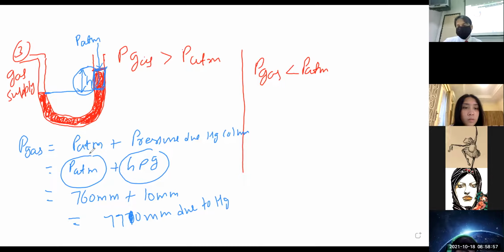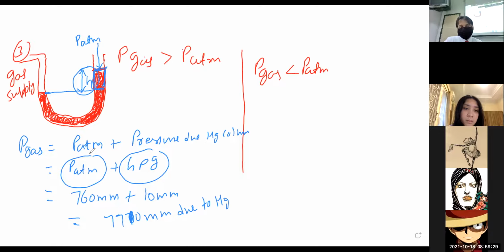You have to make this value into pascals also. You have to take the value of height. What is the height there? What is the density there? Density of mercury or density of water. What is the value of G? So you can add. We will practice that kind of question also, Kezia. But here, in terms of pressure due to mercury, pressure of a gas is given by atmospheric pressure plus pressure due to the height, pressure due to this liquid column in this mercury tube on the right hand side.